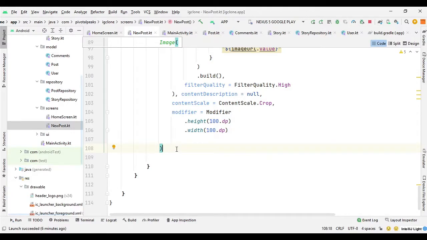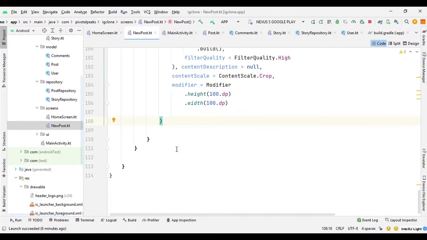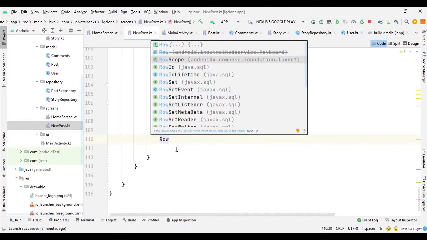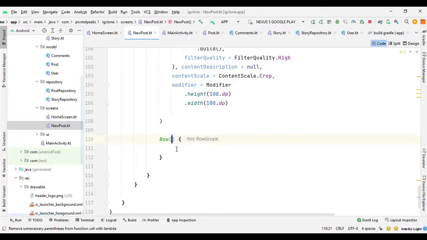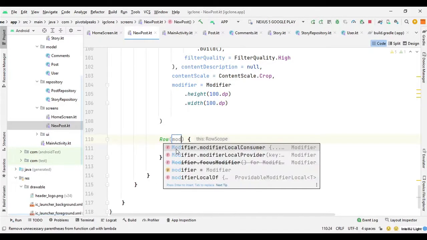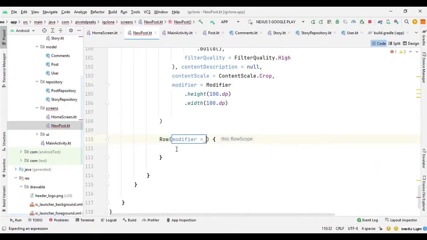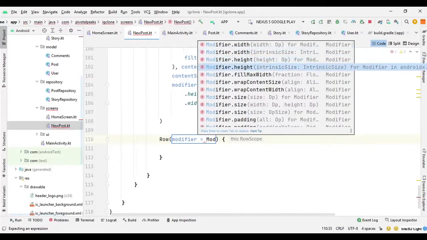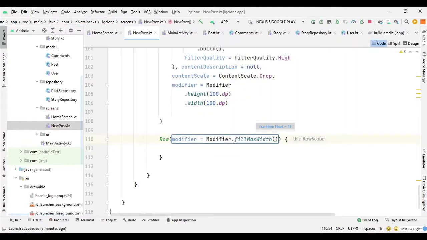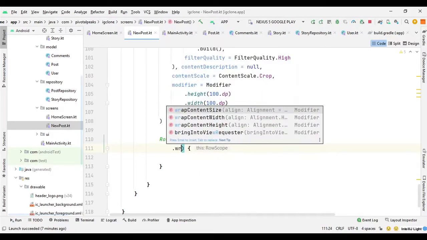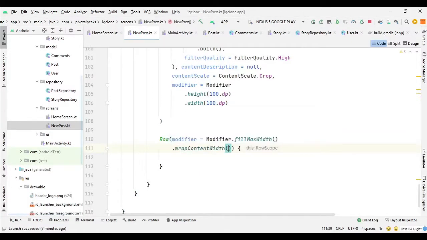And after the image, we need another row for the text field, so we can provide the image URL. So we can say row, and here we can say modifier dot fill max width, then wrap content width, sorry, and then some padding.